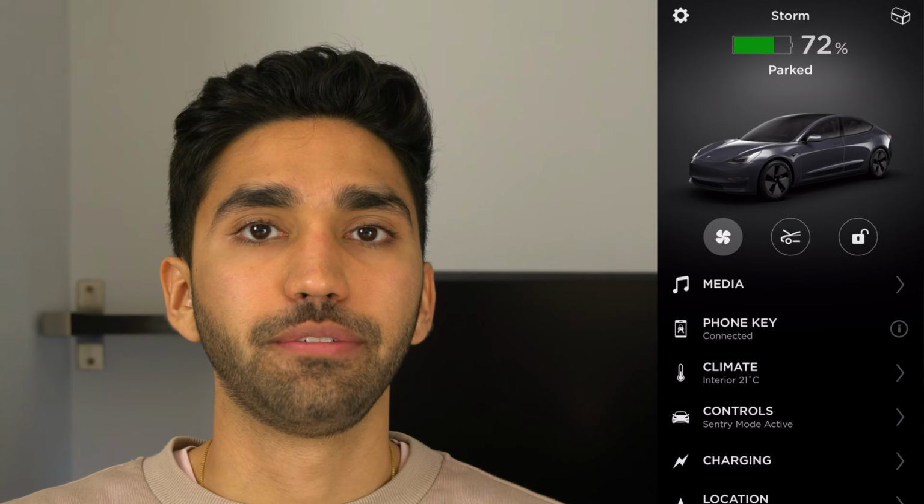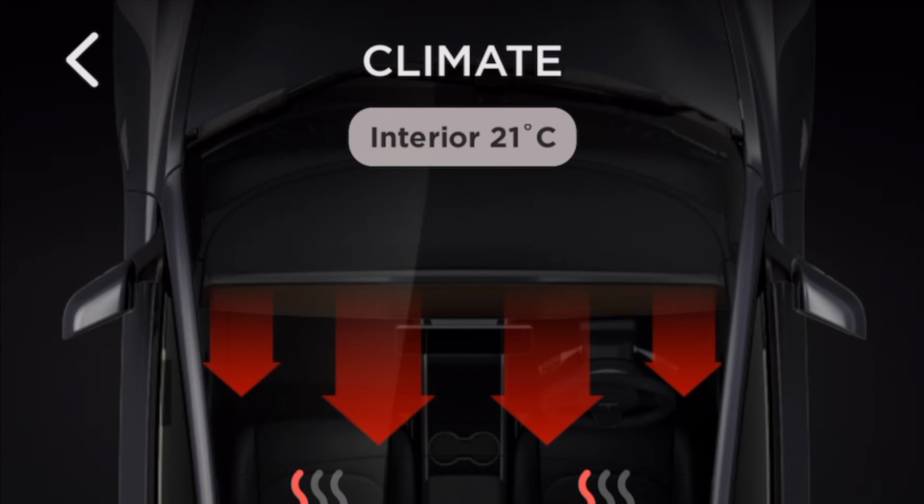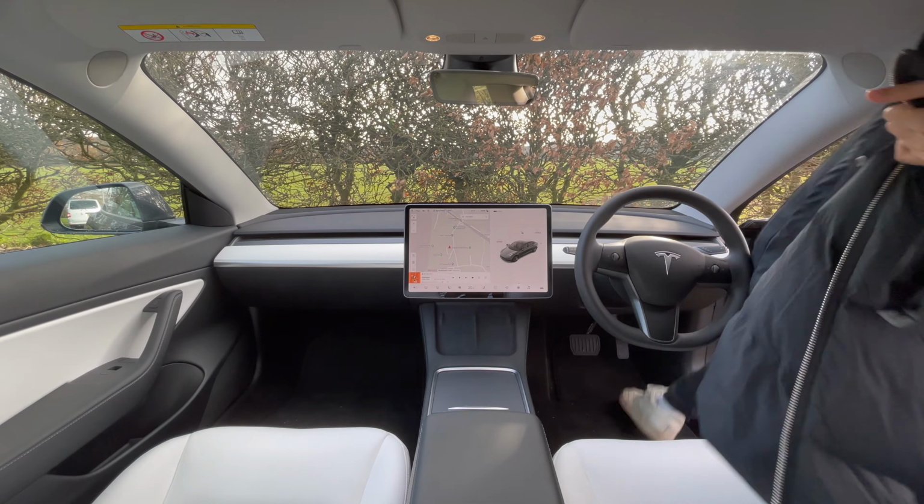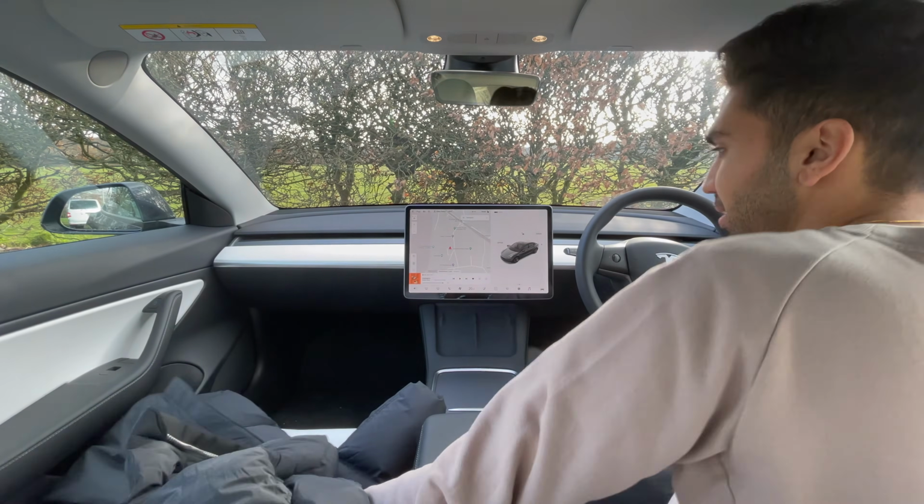In the climate section of the app, you can see your current internal temperature of the car, and then from the bottom you can adjust the temperature that you'd like to set it to and then turn the climate on, which, like we said earlier, with the quick control button is really useful to have to get the car to your desired temperature. You can also control all 5 of the heated seats and set them to either high, medium,